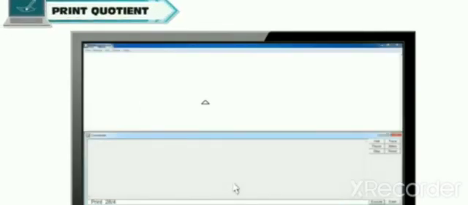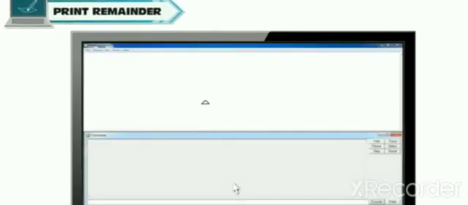The quotient command is used to print the quotient of 2 numbers. The output of this operation is the quotient of the 2 inputs, using the forward slash symbol. If both inputs are integers, the output is also an integer. If an input is not an integer, the quotient can include a fractional part. Print remainder. The remainder command is used to find the remainder and print the result with the print command.